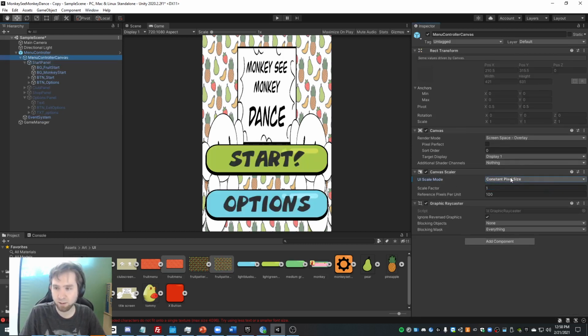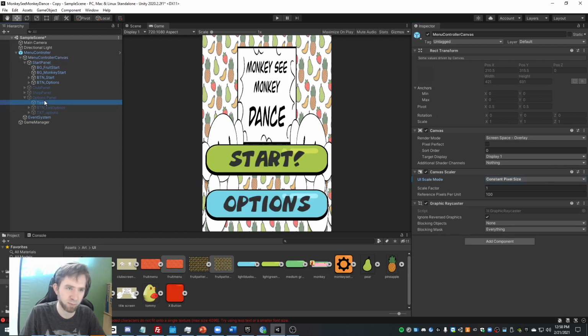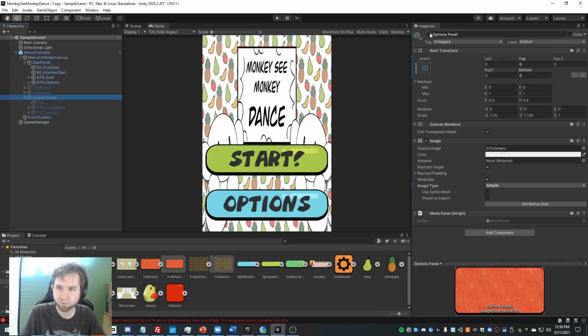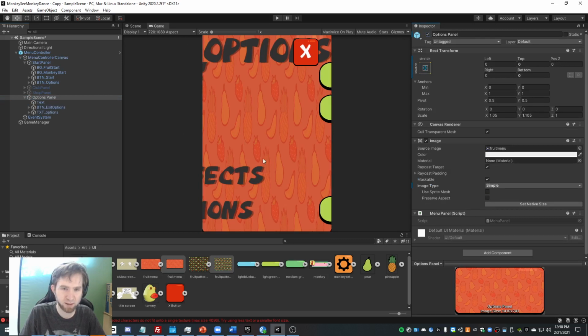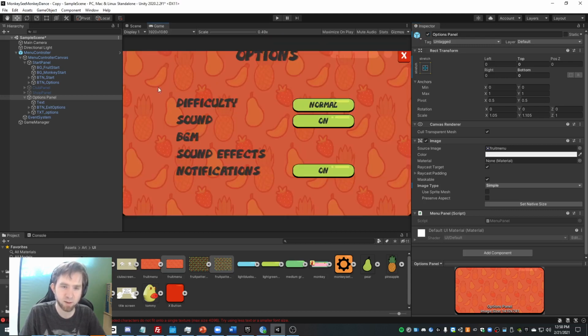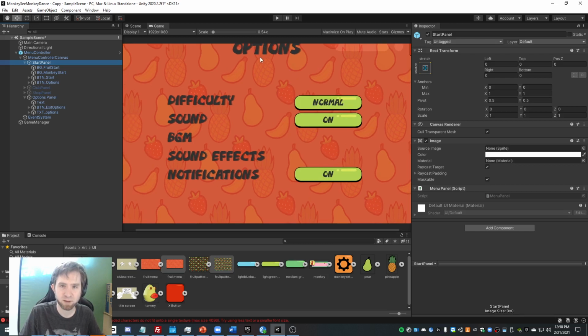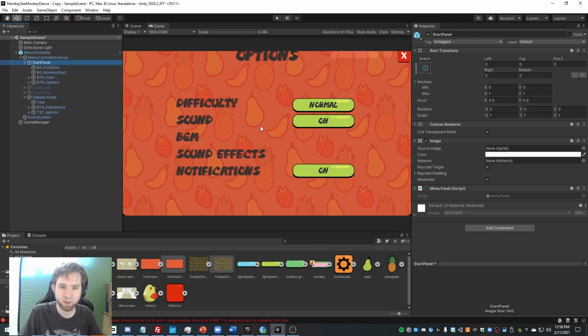So again, using a constant pixel size does cause some problems on different screens. So for example, if I were to open up the Options panel, it gets all wacky at different resolutions. I know it's supposed to be 19 at this orientation, but if we're trying to support different devices, who knows what they are? Especially on Android, there's thousands. Not only do you get weird stuff like, in this particular case, it's getting cut off,